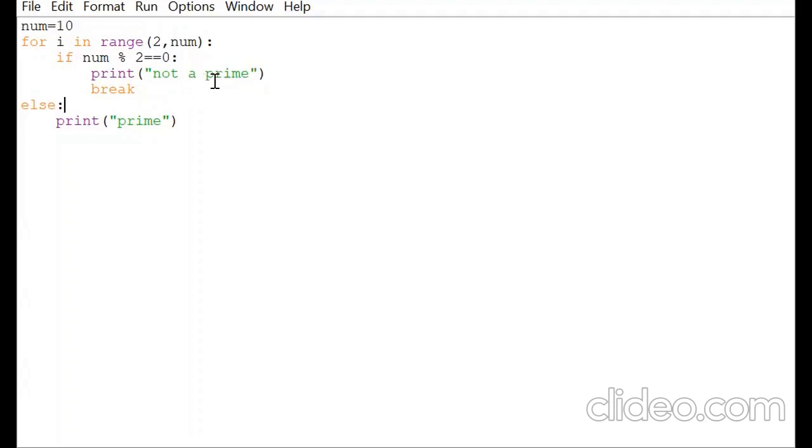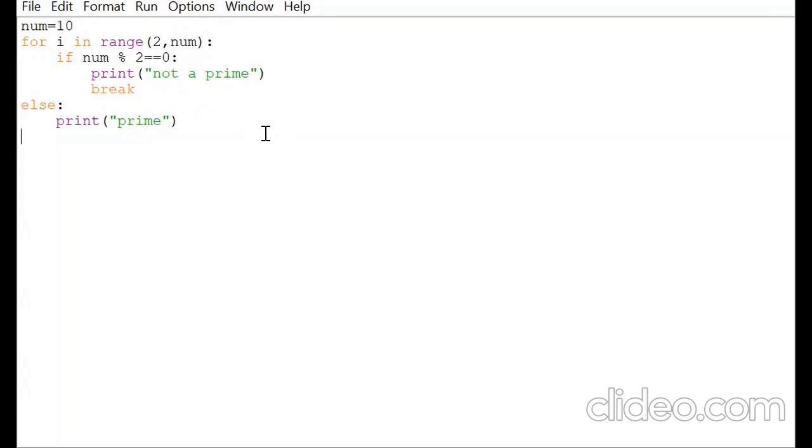If the number is not a prime, there is no need for me to check again whether the number is prime. In this case num is 10, so I have found it to be not a prime number, and there is no need to go for the else part. That is the use of this break statement.